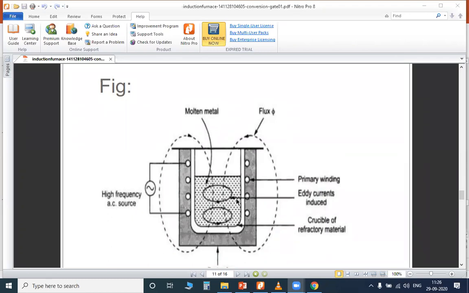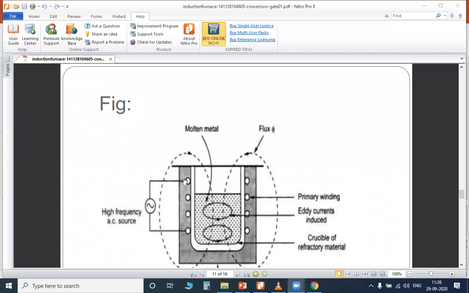The kilograms of material taken is not a large amount. Depending on the body we select, the material is taken, and depending on the material, the current is passed. So what is the frequency? At the start, it is not a very high frequency, it is a low frequency. It starts from a low frequency.